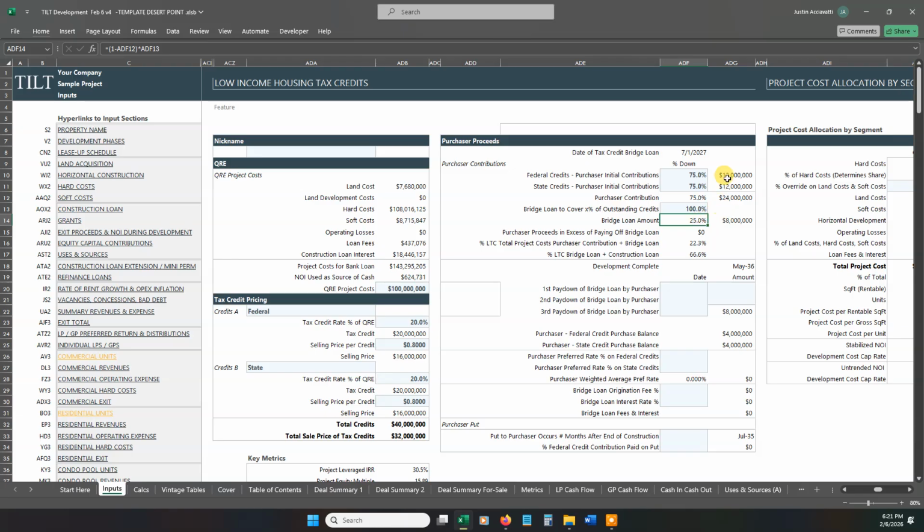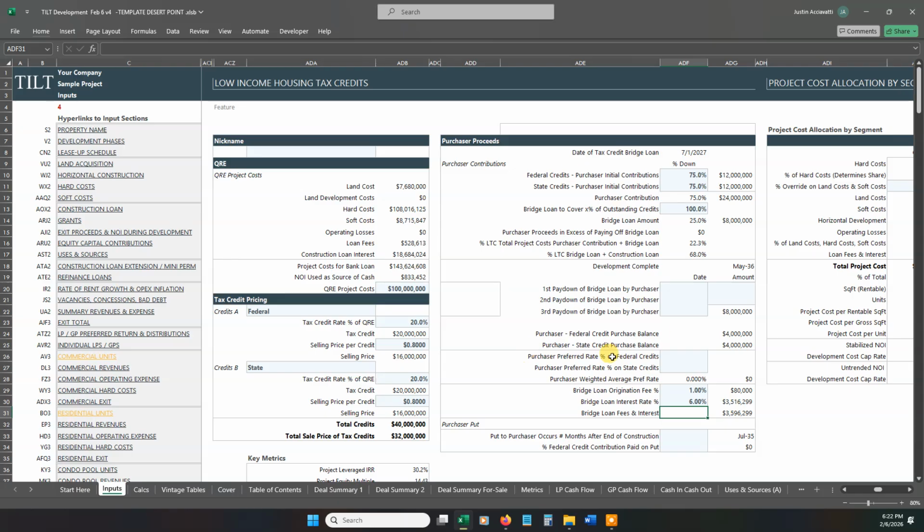After that, the purchaser essentially takes out the bridge loan in the future by purchasing the rest of the credits. So you can have the purchaser pay down the bridge loan in tranches if you like. If I just leave this stuff blank, the model will take care of the bridge loan just at the exit, essentially just cleaning it up. And there's some options here for preferred rates on the purchaser. On the bridge loan, let's say there's 1% origination fee and a 6% interest rate, for example. And now that I've done that,